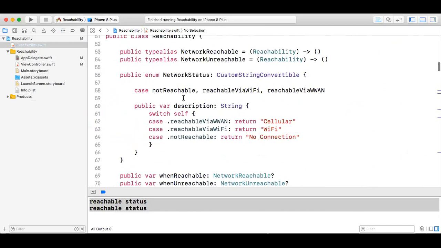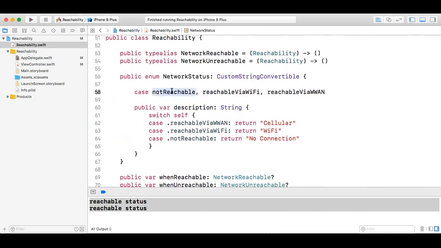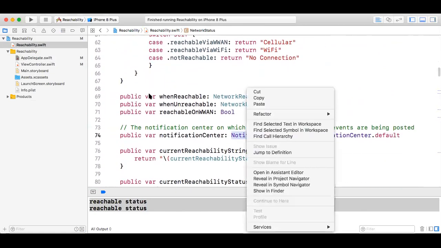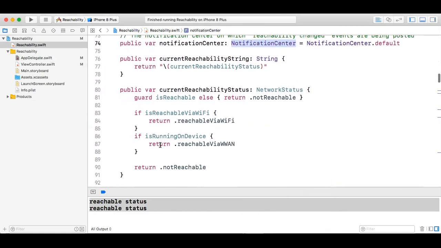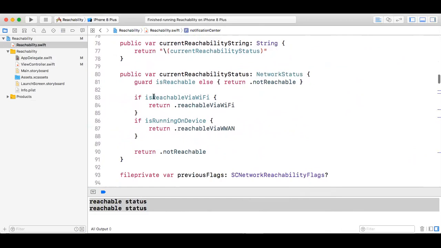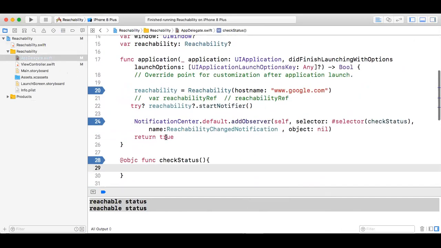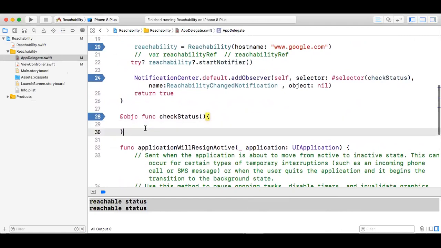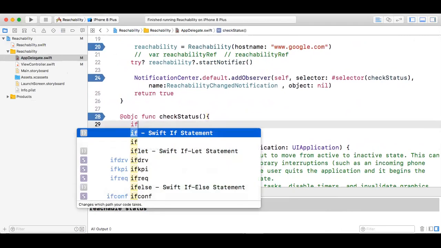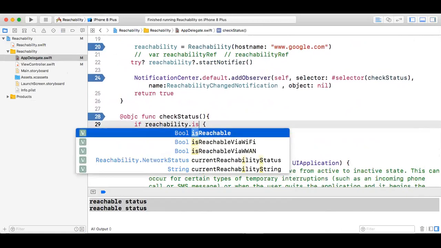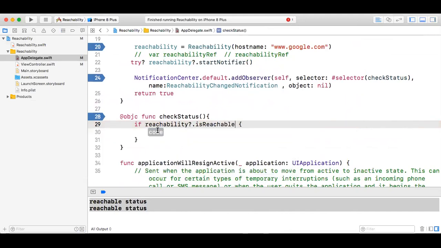First, they have defined the variables, whether reachability is reachable or not. If it is reachable, again they are checking either Wi-Fi connection or the network connection. If it is Wi-Fi connection, you'll get Wi-Fi connection here. In my reachability class, I have a reachable variable. In this class, they have defined a reachable variable. If it is true,